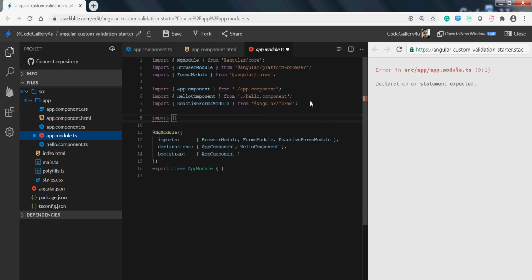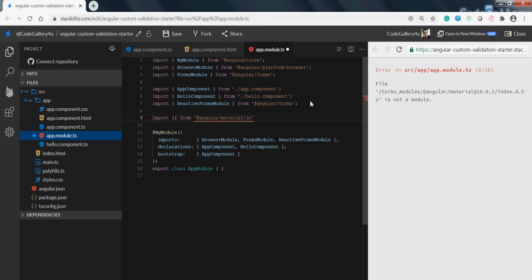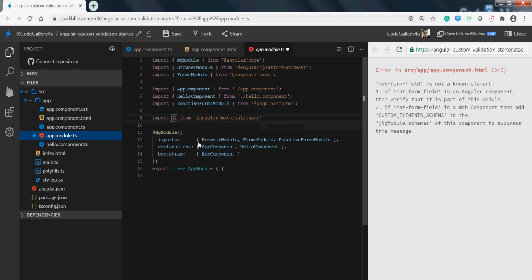Import from @angular/material/input the MatInputModule.